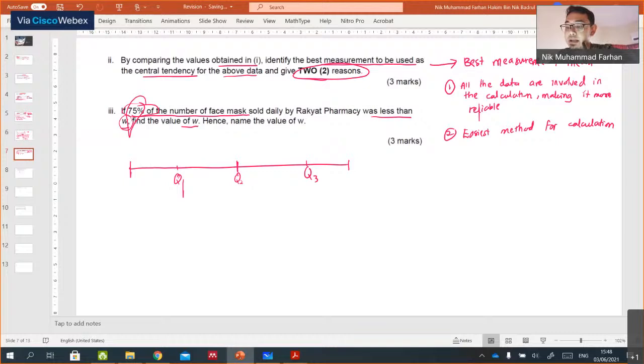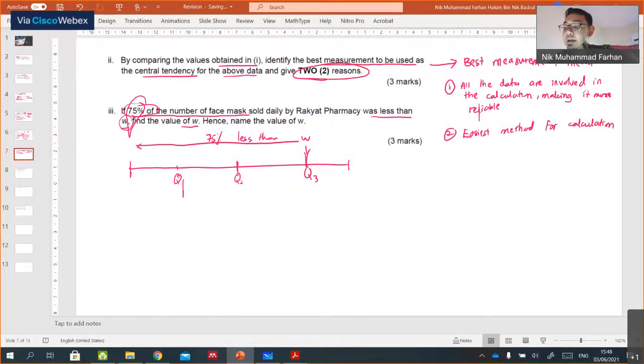This is W, right? W is less than 50%, that's not it. So which one do you have here? This is at 3, right? So this is less than W. Do you see that area? Okay, 75% in that area.